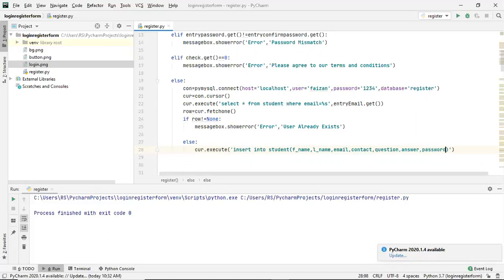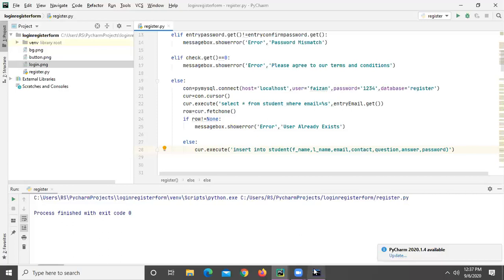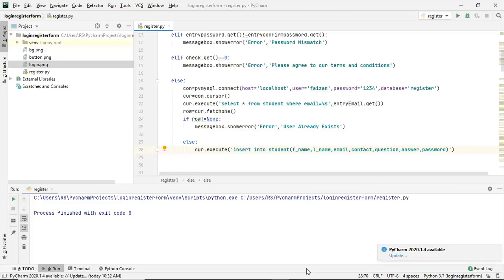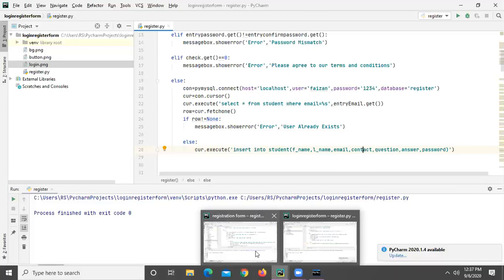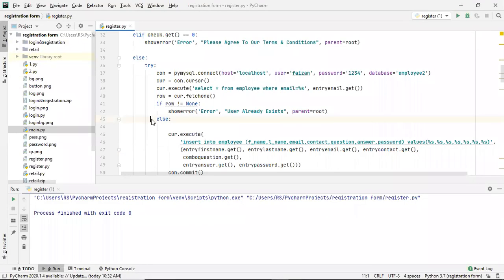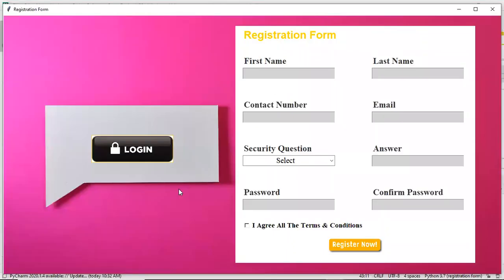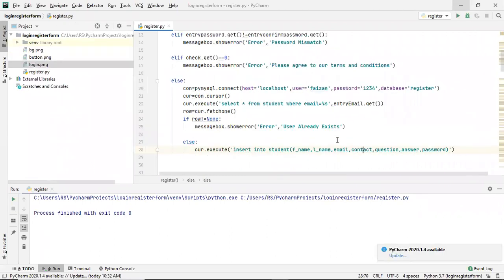Okay, F name, L name, then email, then contact, or I think contact is first, then we have email, right? If I run this, it will not be able to run right now. So let me check this one. Yeah, contact is first, then we have email. So I'll simply change it here: we will change this to email, and email will change to contact.